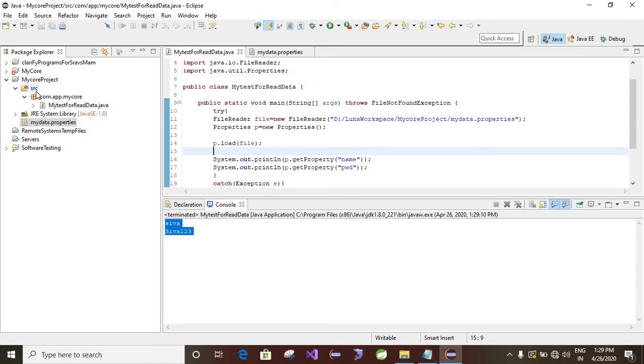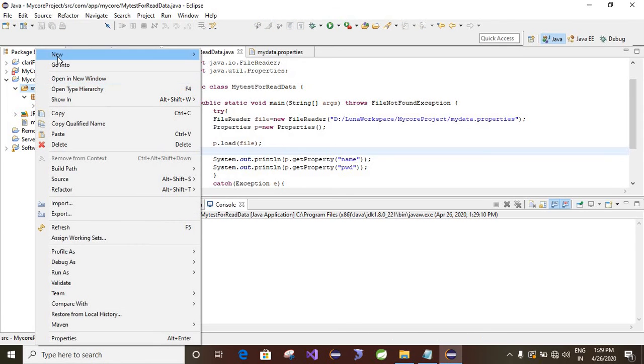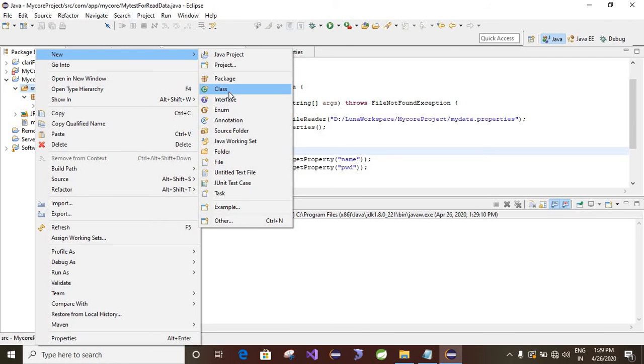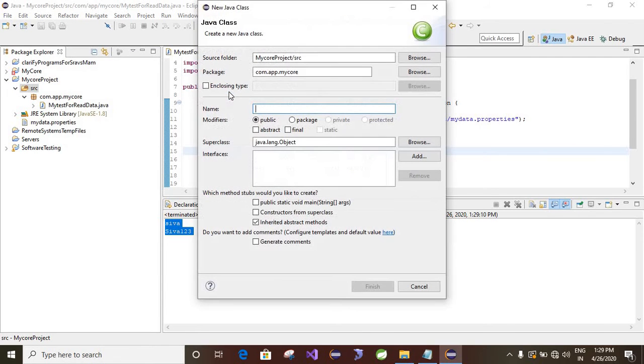Right? Next, we can see how to write data into the properties. How to write data into the properties. See, in this, right click on src, give the class name, write data properties.